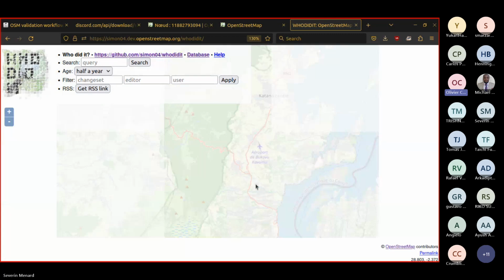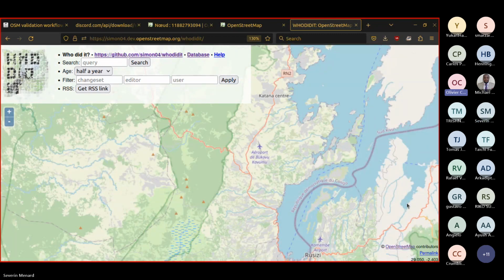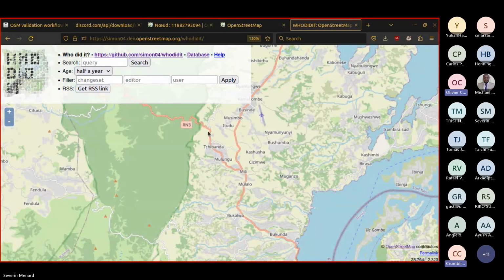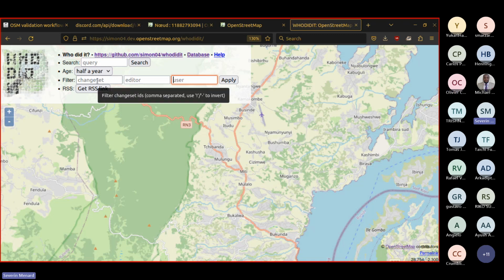Just a question: is the query required for searching who did it or not? No, just in the first field you can put an OSM username if you are targeting a particular user. Yes, okay, this is optional.